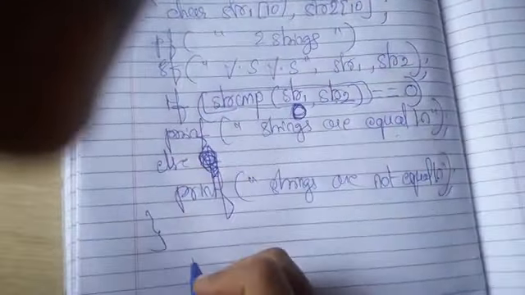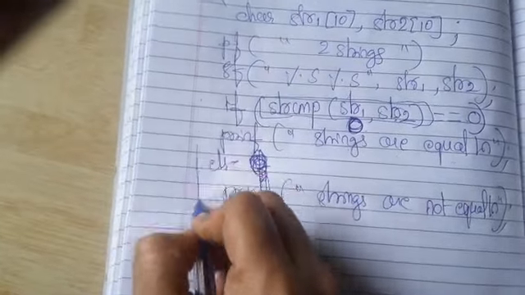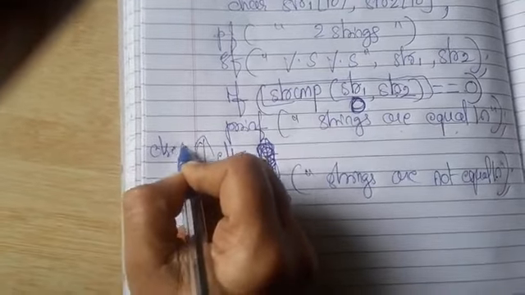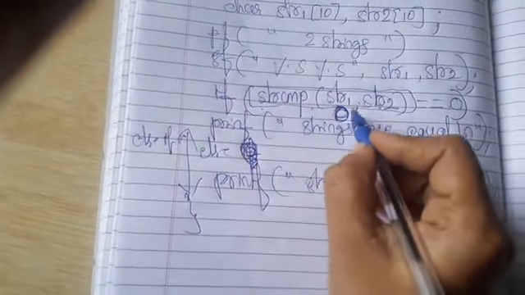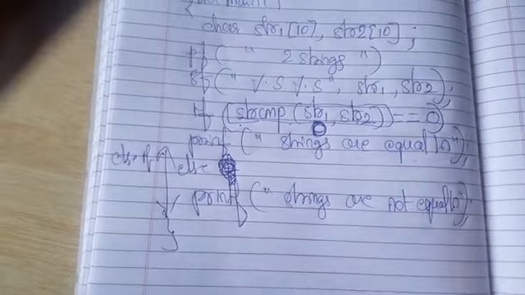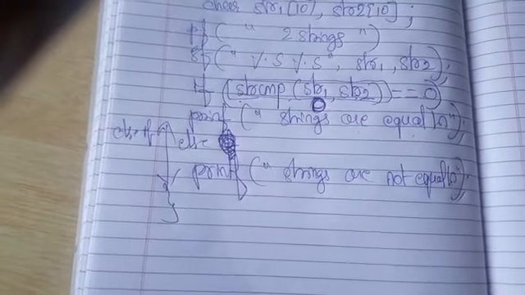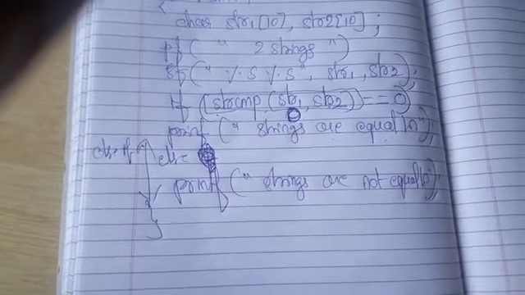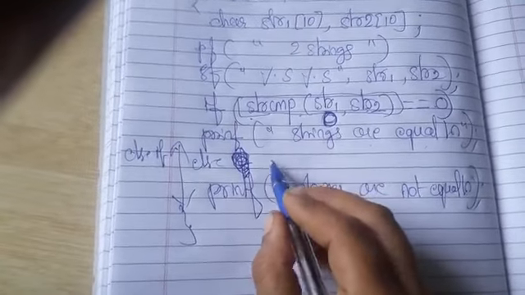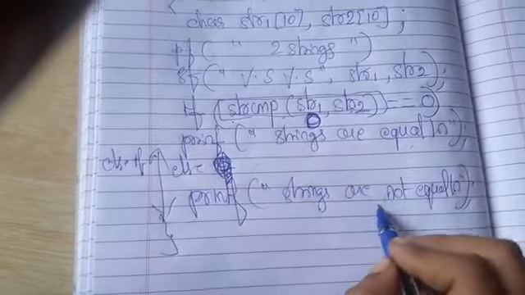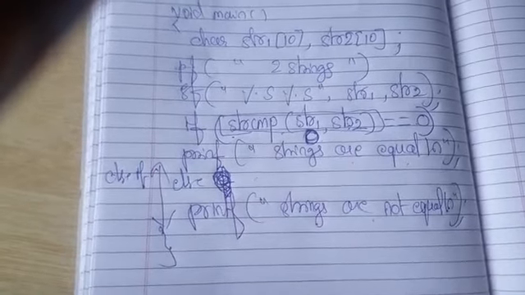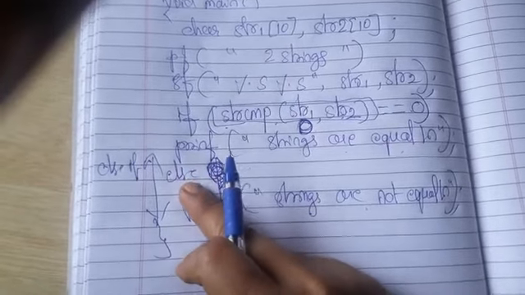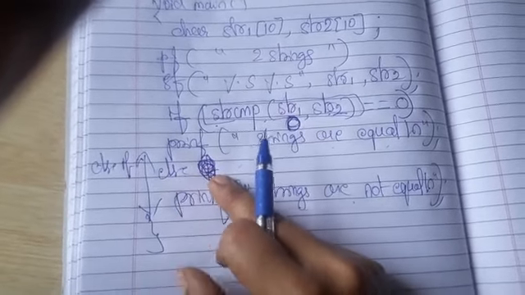three conditions. What to do? If you want to write all three conditions, these two lines will be replaced by else if, the same strcmp(str1, str2), instead of equal to, you need to take greater than 0. Are you understanding? Instead of directly telling strings are not equal, if you want to tell string 1 is greater than string 2, you need to take, already yesterday you have seen that, else if,